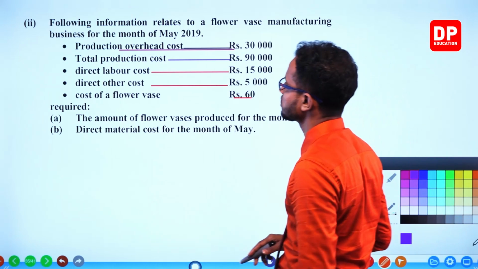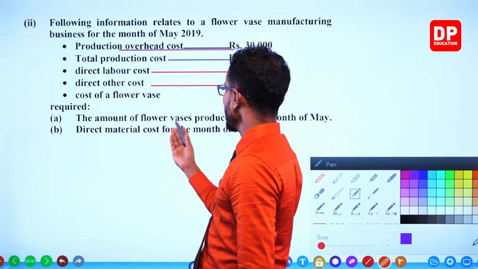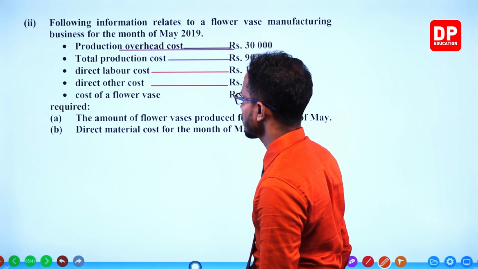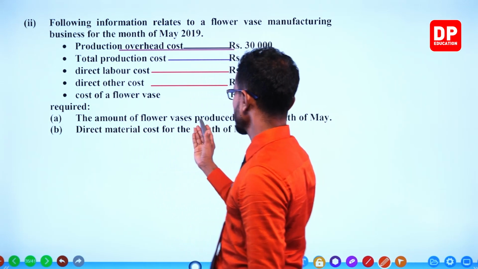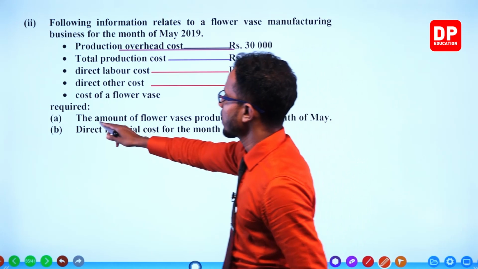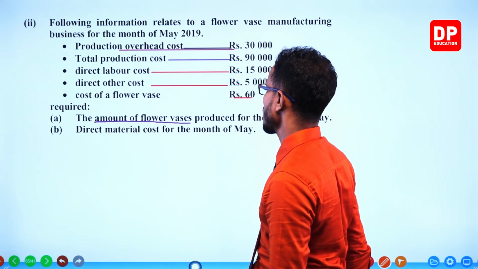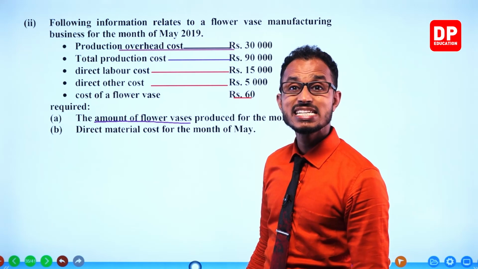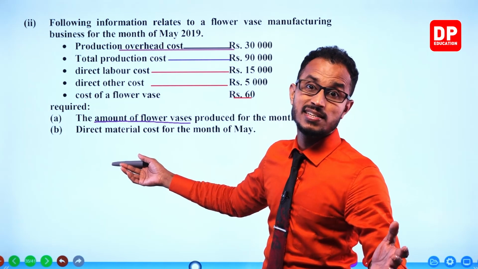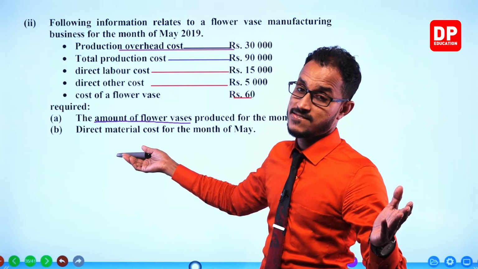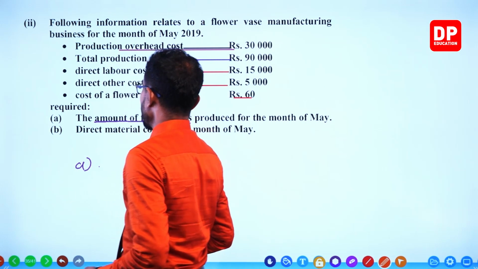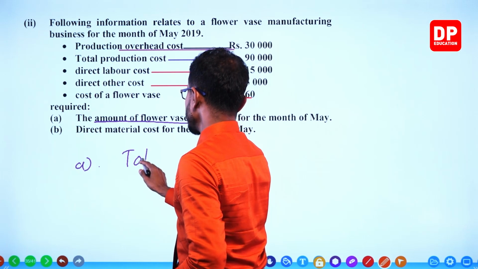What is required? The amount of flower vases produced for the month of May. How many produced? So easy. Just one calculation. If the total production cost is given,